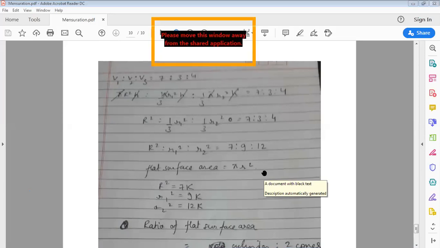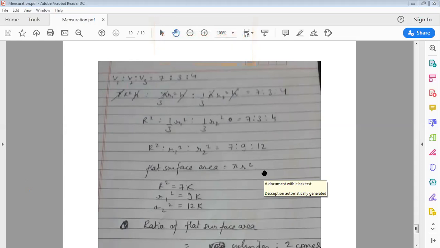So first of all, we should know what is a flat surface area. A flat surface area is the flat surface in the figure. For cylinder, the flat surfaces are the top and bottom. So we have two surface areas in flat surface area in cylinder, and for the cone, we only have the bottom. We only have one flat surface, that is the circle on the bottom of the cone. So the area of the flat surface would be pi r square. That is area of the circle.